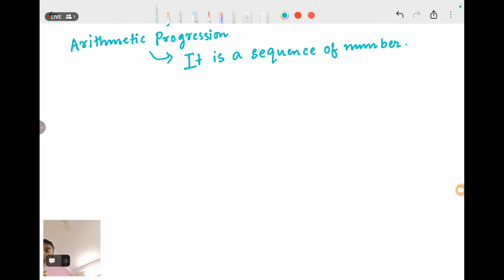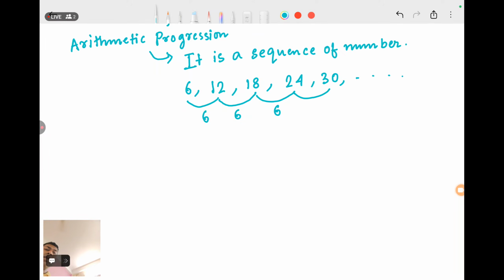तो एग्जाम्पल है इसका, जैसे आपका 6, 12, 18, 24, 30। तो ये एक अरिथमेटिक प्रोग्रेशन है। क्यों? देखिए, इसमें जो मेरे को 12 मिला है, 12 मिलने के लिए हमको कितना ऐड करना पड़ा है, 6 ऐड करना पड़ा है। उसके बाद जो 18 मिला है 12 के साथ, कितना ऐड किया मैंने, 6 ऐड किया। फिर से 24 के लिए मैंने 6 ऐड किया, और उसके बाद 30 के लिए भी